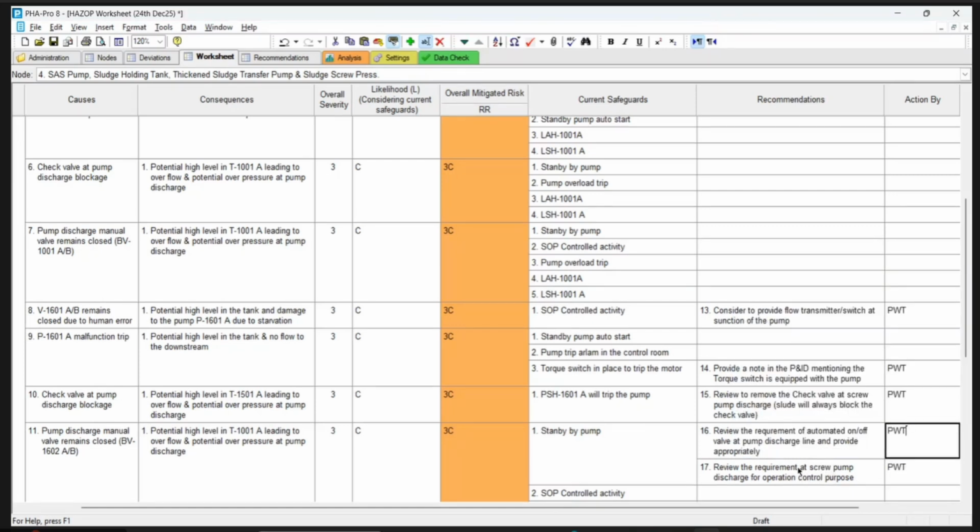What is the flow meter? You have to mention. Review the requirement of